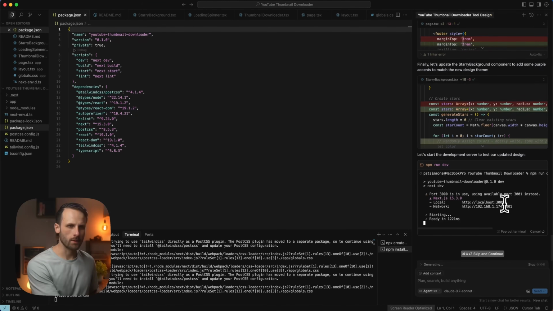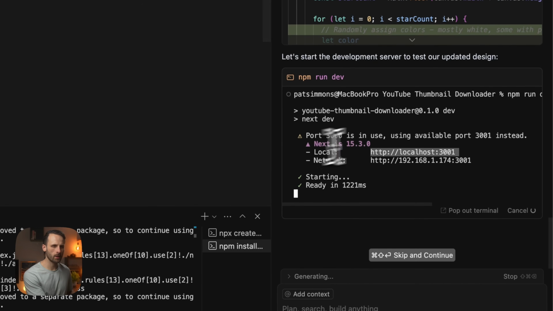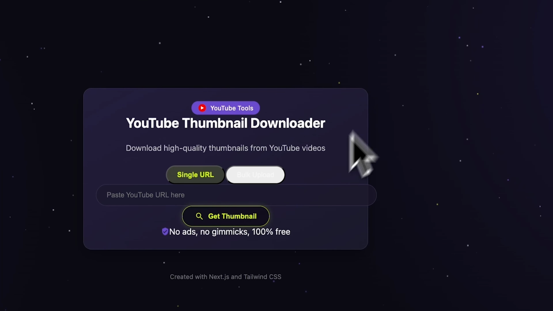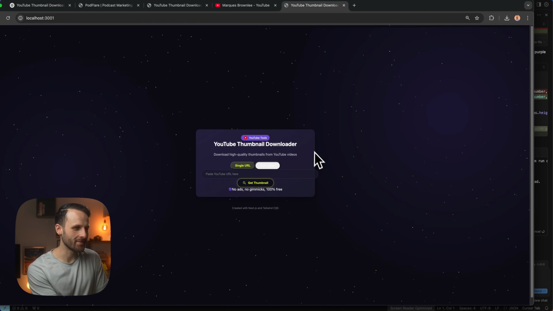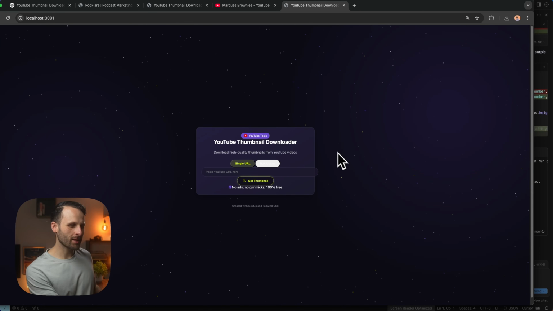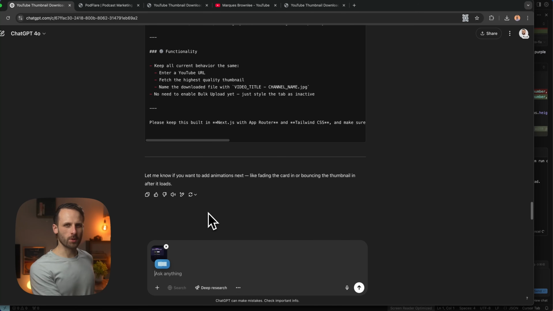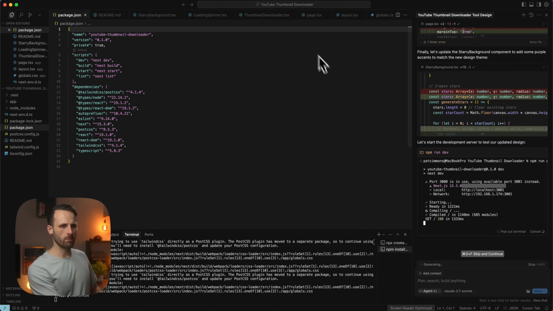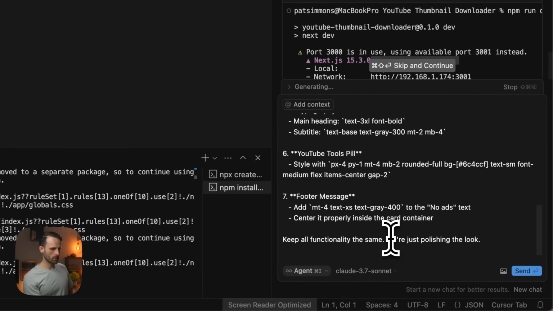All right, it's got the new UI in the development server. Let's see what we got. Okay. I mean, it's something. It's something. All right, we're making progress. So I'm going to go back to ChatGPT. I'm just going to screenshot this. Let's see. Here's what it came up with. It's pretty janky. Can you be specific as to what it needs to fix? Okay, copy that from ChatGPT. We go back to Cursor. We say,